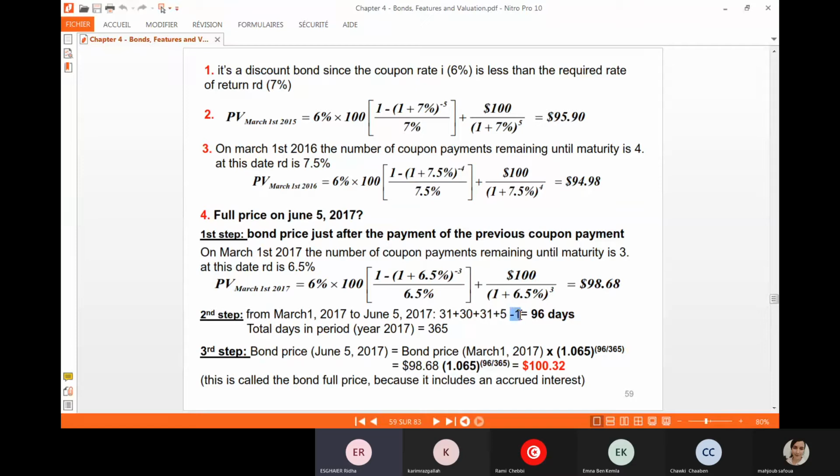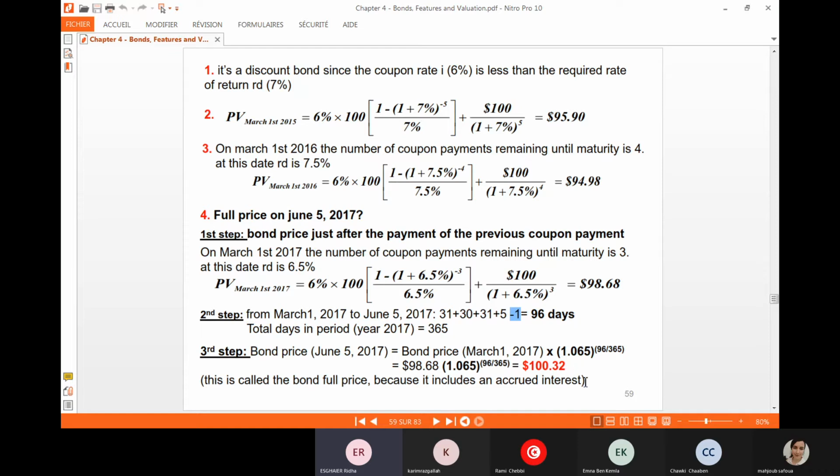As we know, we need to subtract the one day, the last day, the day of the transaction. We get 96 days. The total number of days between the two coupon payment dates from March 1st, 2017 to March 1st, 2018 would be 365. We capitalize the price computed here using the current RD and the number of days computed. You find the full price